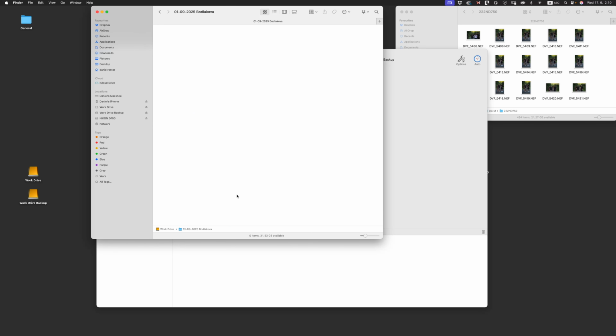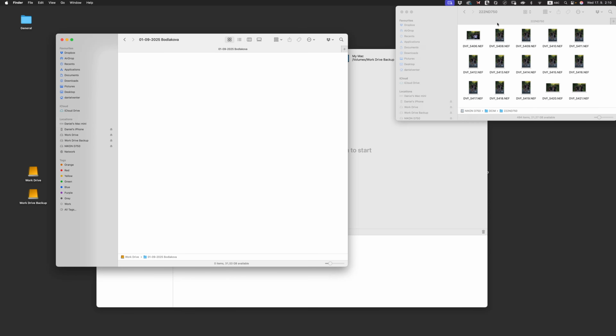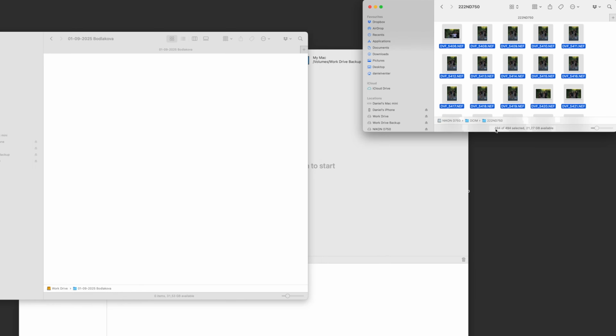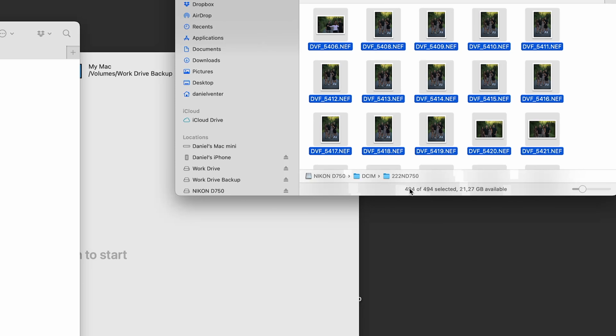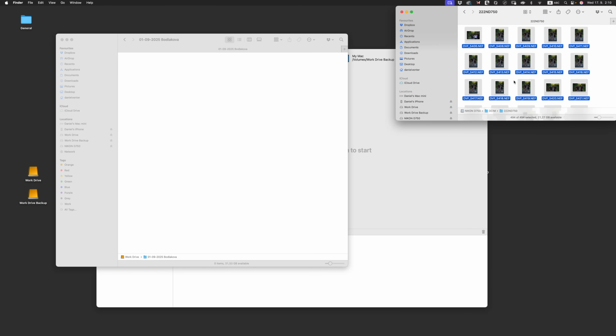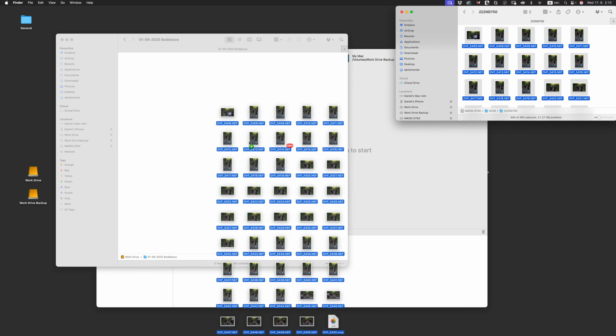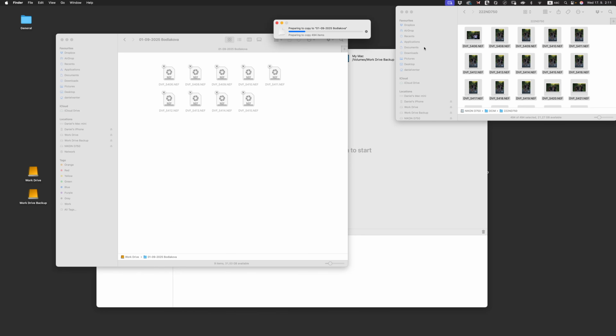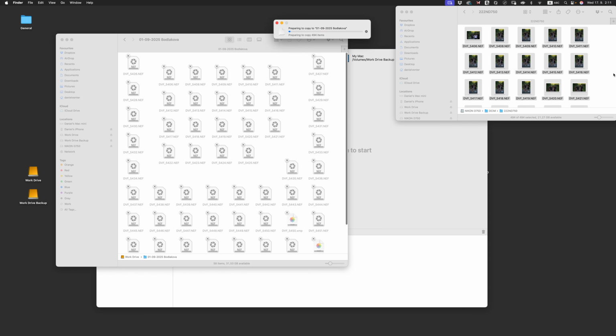So we're going to open up my client's folder and then we're going to go over to the SD card and we are going to select all the images in the SD card. And I'll pay attention to the amount of files that it's been selected over here. So you can see we've got 494 of 494 selected. So this is just making sure that we've got all of our images selected on that SD card. I'm going to simply drag and drop it into the folder that I've just created for my client. And what will happen is all of these raw files from that card are going to be copied onto this